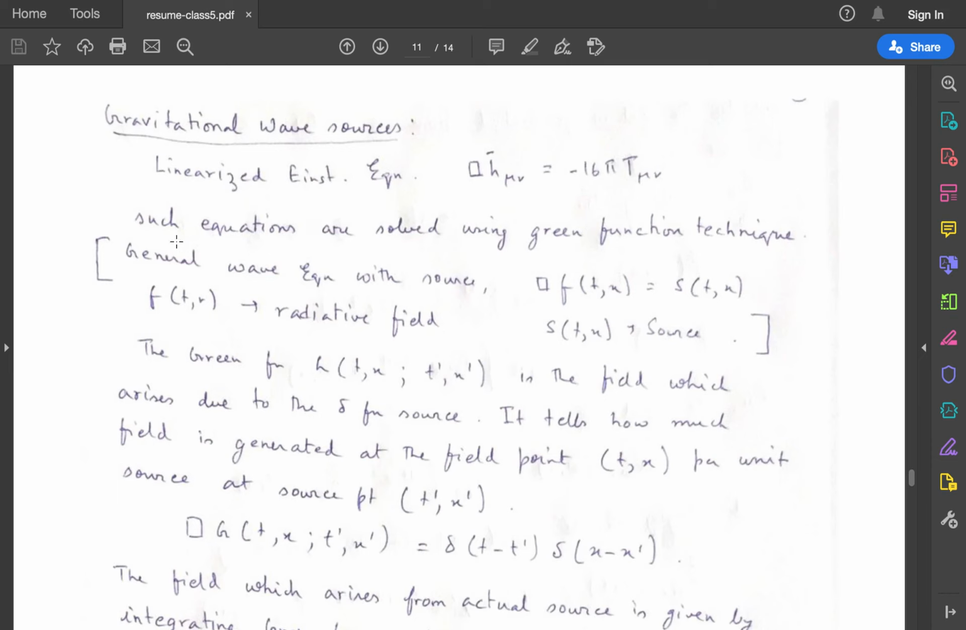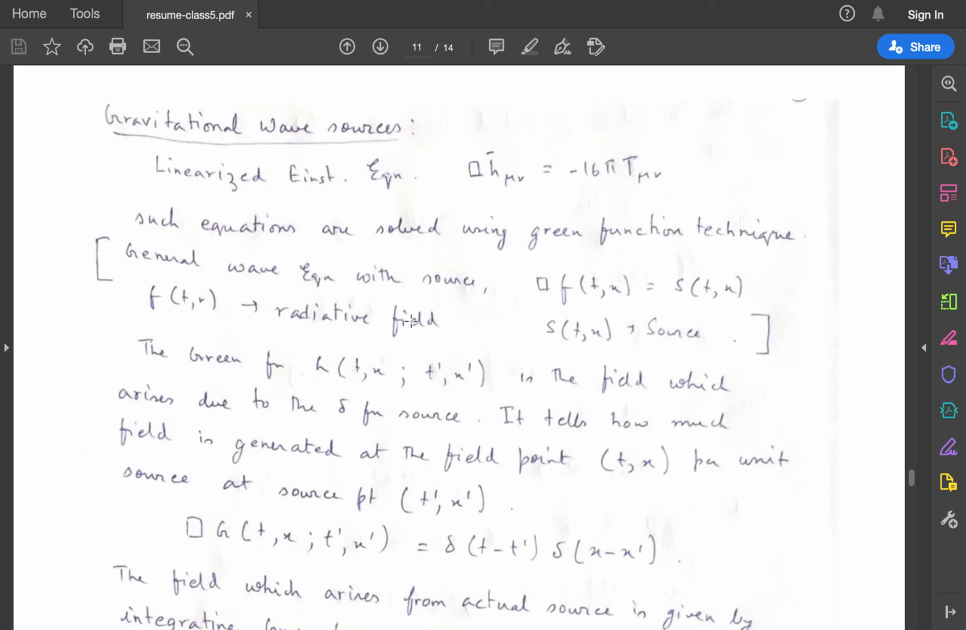Such equations are solved using the Green's function technique, because we have learned that in our class of electromagnetic theory. So let us just recap a bit. A general wave equation with source: let us have the d'Alembertian of f(t,x) equal to s(t,x), where f(t,x) is the radiative field and